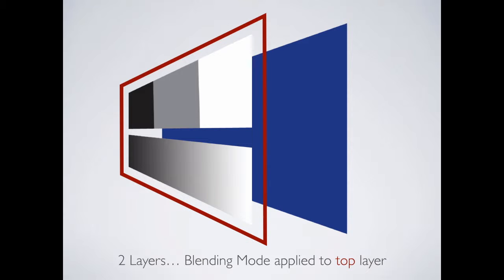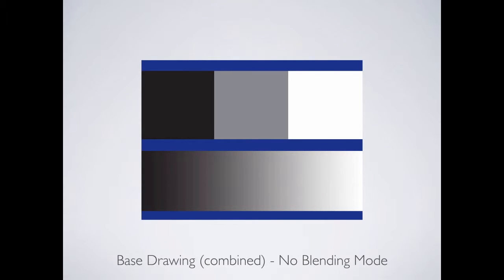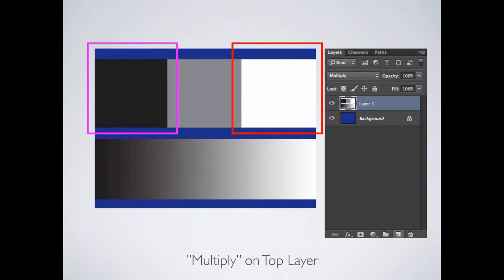So if we switch our view around and look straight on at this image, this is what we're going to see. If we have the normal blending mode applied to the topmost layer, the topmost layer is 100% opaque, and we see the black, the 50% gray, the white, and obviously the gradient at the bottom. If instead we change that top layer to have a multiply blending mode, so remember multiply